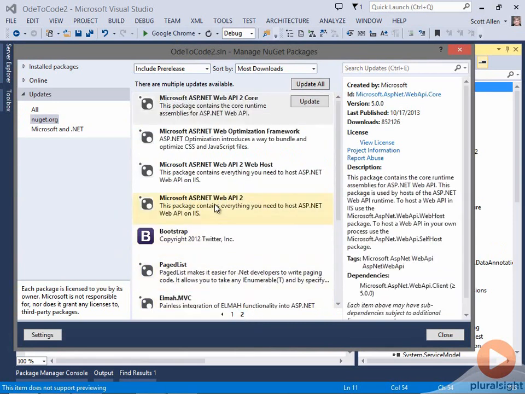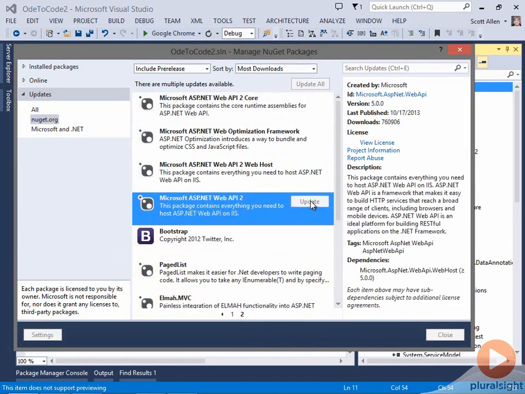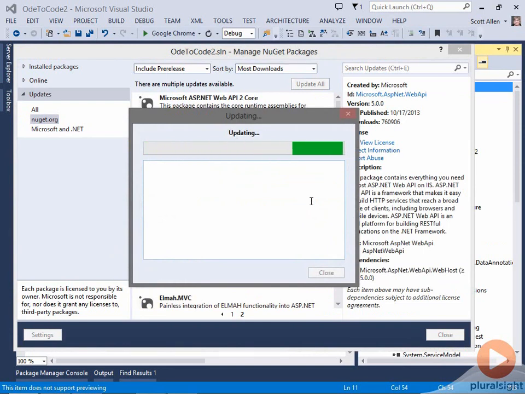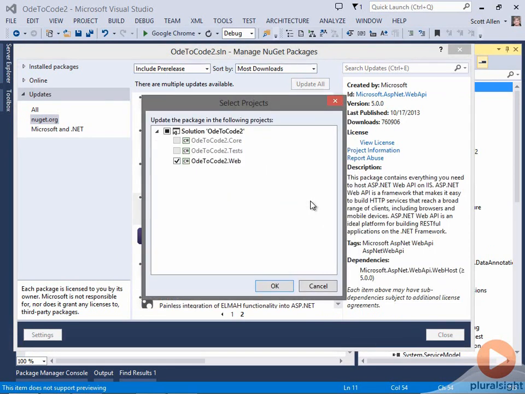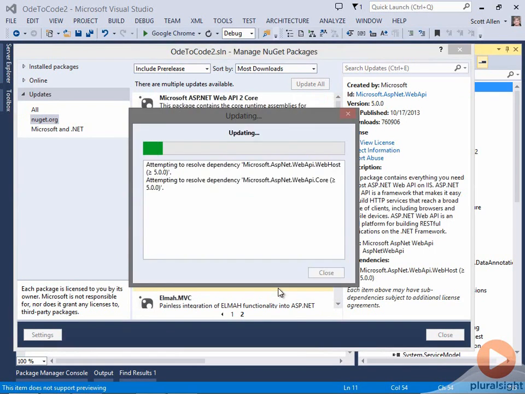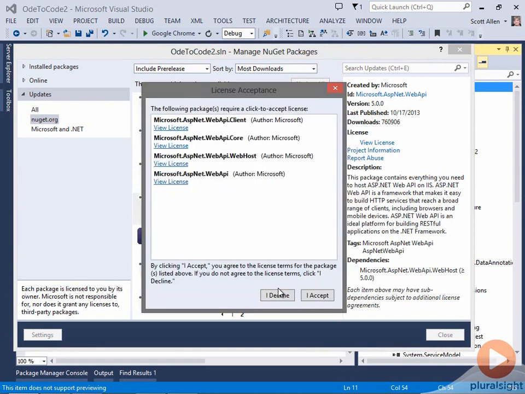And let's also go for Web API version 2. My strategy is to try to stick with some of the top-level packages like MVC, Web API, Entity Framework. They will update some of the other packages that I have in these projects. But if I try to update some of the dependencies first, that's one of the situations where you can get